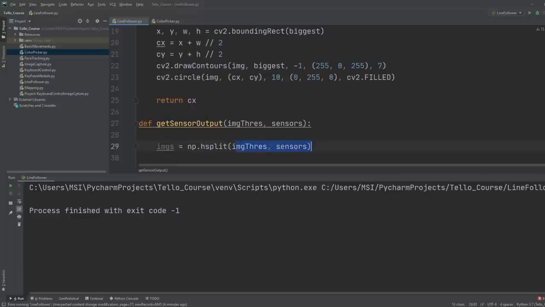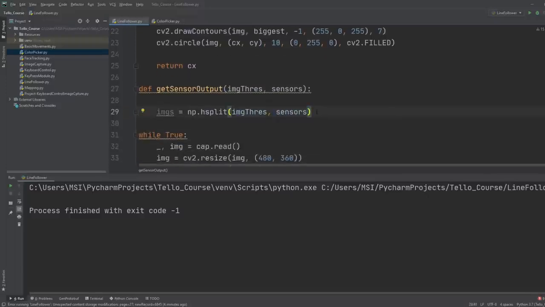So you have to make sure of that. So 480 is divisible, so it should not be a problem. So what we can do is to actually check if it's working, we can print out